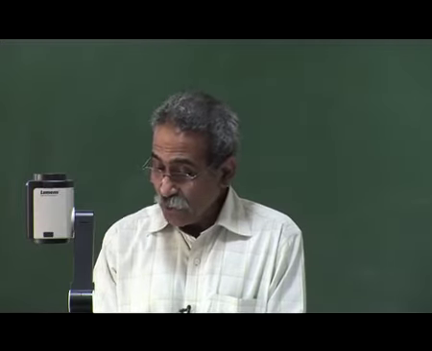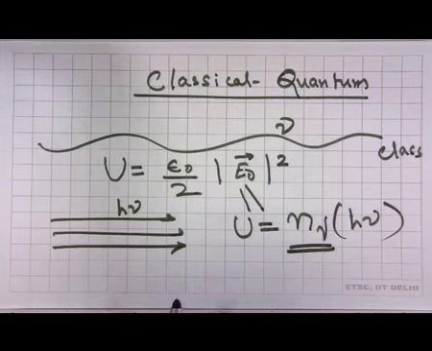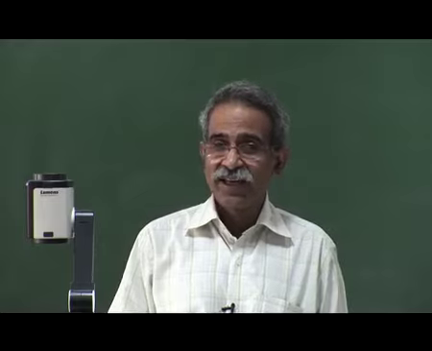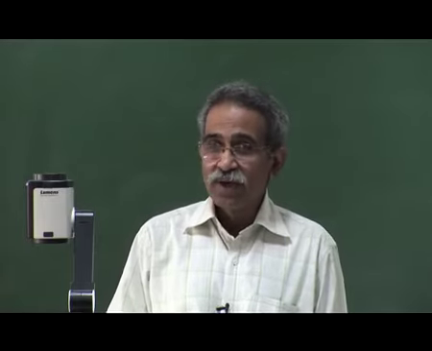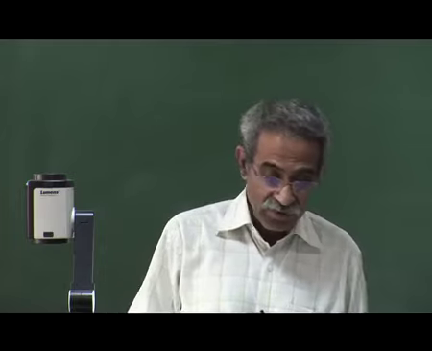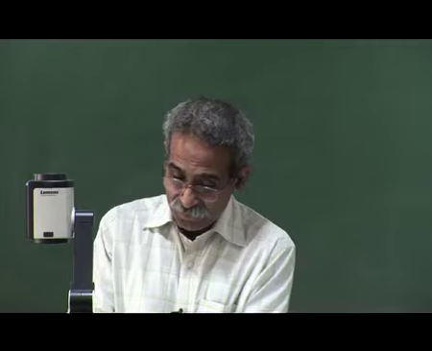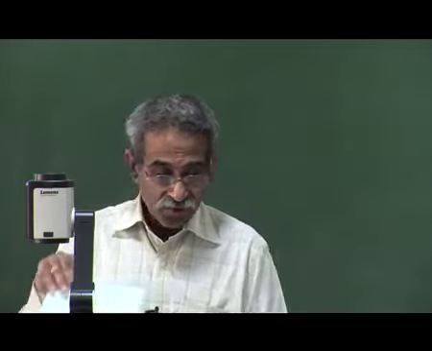So given u and given frequency, you can find n gamma, and so on and so forth. This is the radical proposition by Einstein, and we are going to see that with this simple identification, however illogical it may be, we will be in a position to understand the photoelectric effect. We need a few hypotheses. They are all reasonable, and what we shall do is to start listing them.